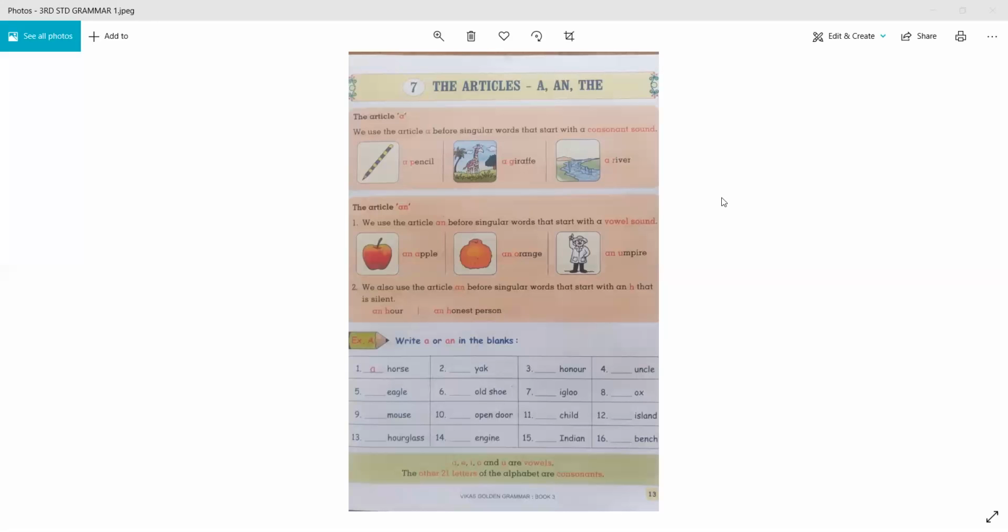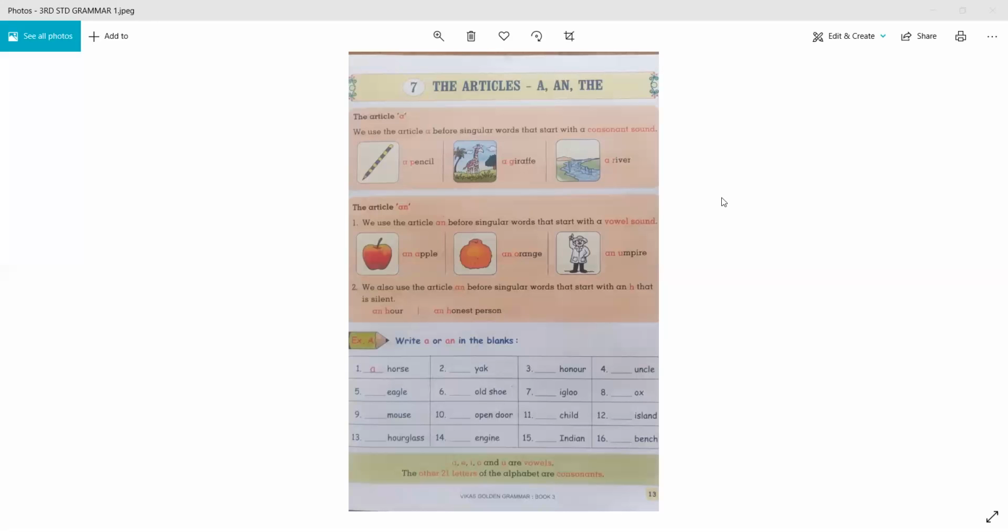Okay? In our alphabets, 2 letters are divided. First one, the 5 letters, those are A, E, I, O, U. Okay? So these 5 letters are vowels, and the rest other remaining 21 alphabets are called consonants. Understood? And in an article,